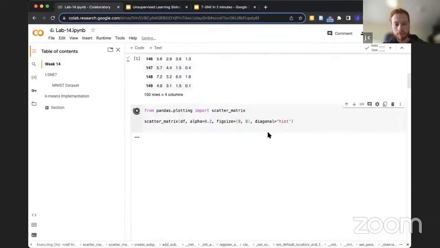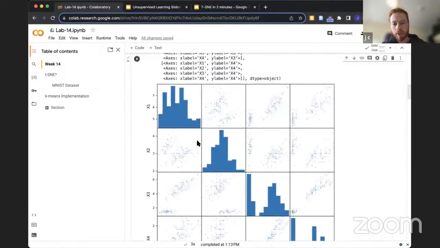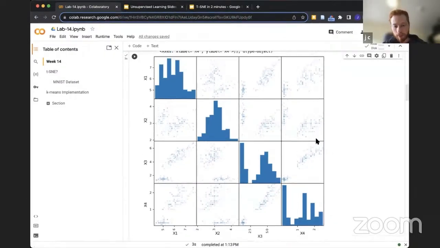You've probably plotted a pairwise scatter plot of the data, and then we have something like this. We see the histogram of the individual variables on the diagonal. And now we try to make sense of this data. So the question we might want to answer is,